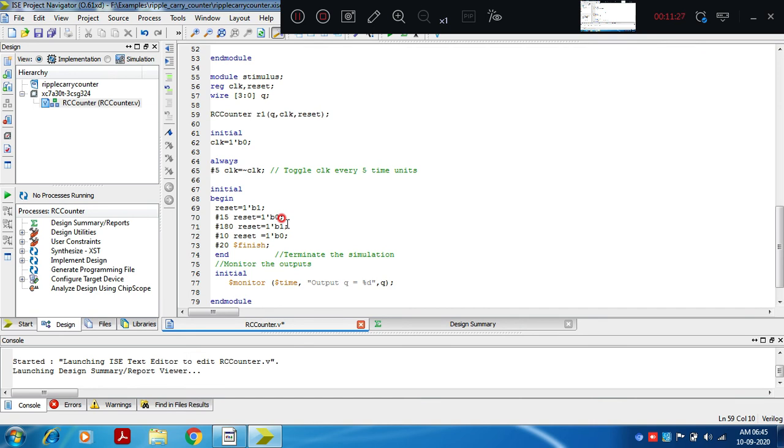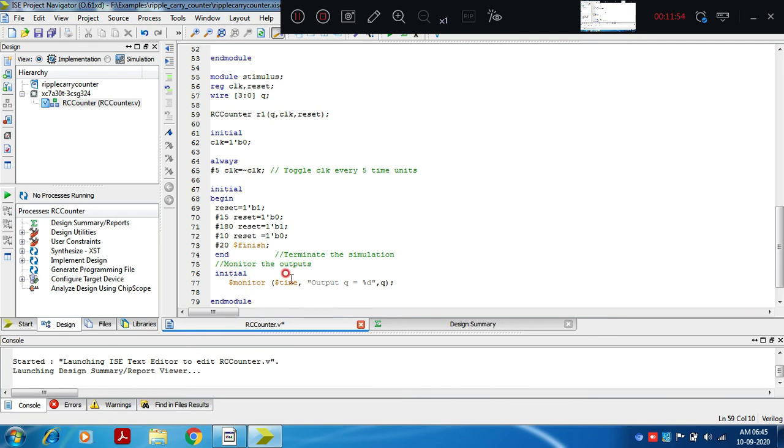Again after 10 time units reset is becoming 0, so from 205 it should begin counting. So at 210 and 220 the count will change. After 20 time units, that is 205 plus 20, 225 time units, simulation should stop with $finish.